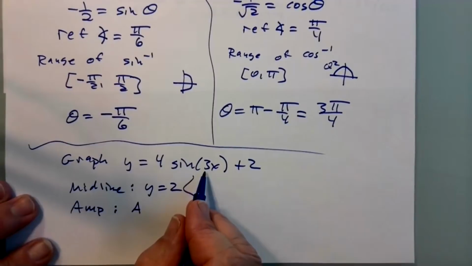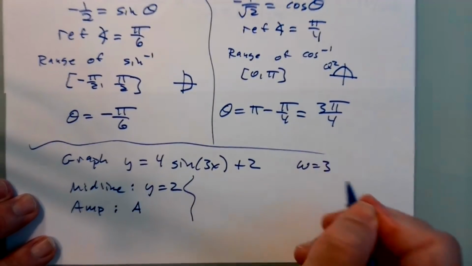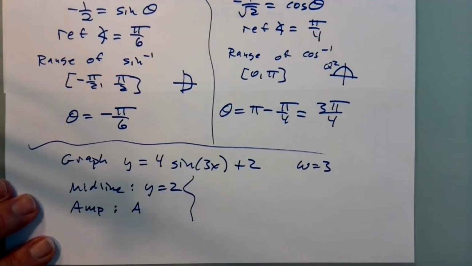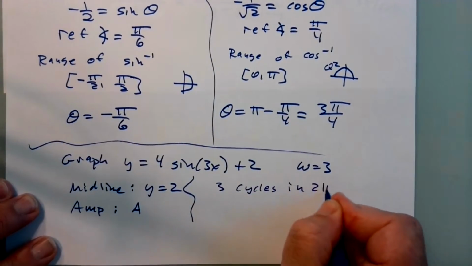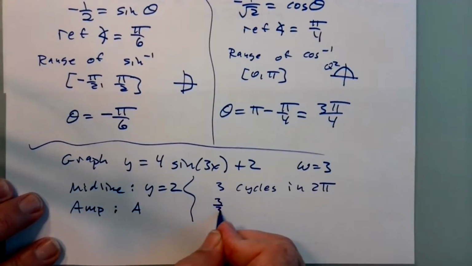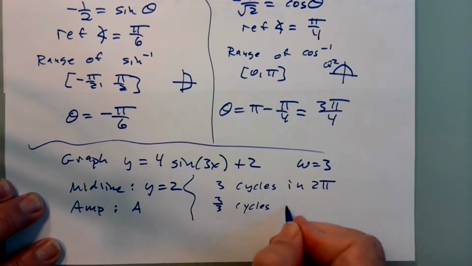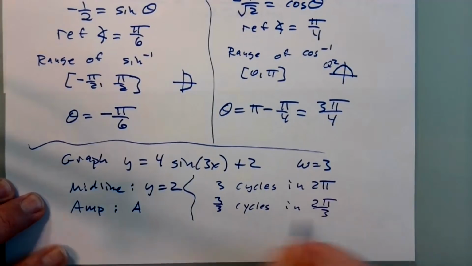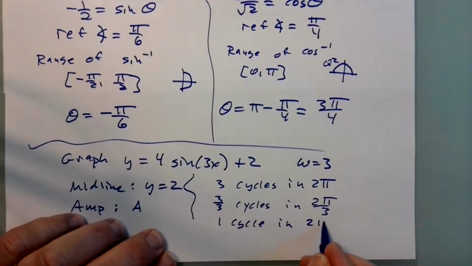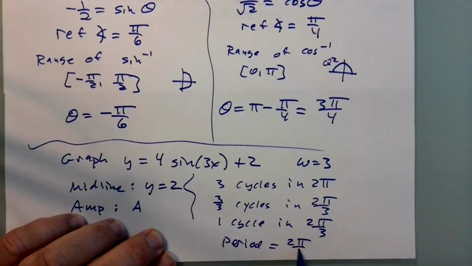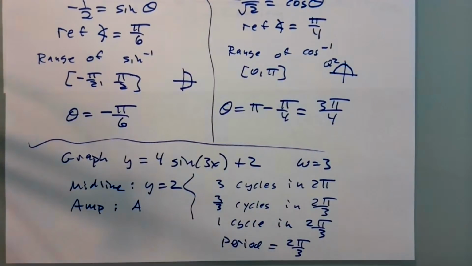Now, how about this 3? Sometimes that's called omega. Little omega is 3. That's our multiplier. Well, that tells me I have 3 cycles in 2 pi. So if I divide by 3, I have 3/3 cycles in 2 pi/3. So 1 cycle in 2 pi/3. That's my period. Period equals 2 pi/3. So I'm going to put all that together to get us some kind of a graph for